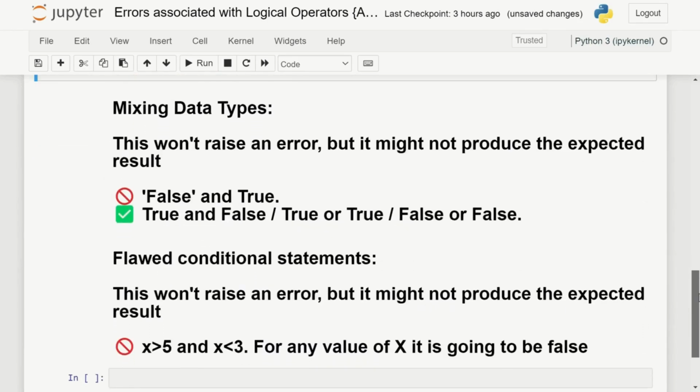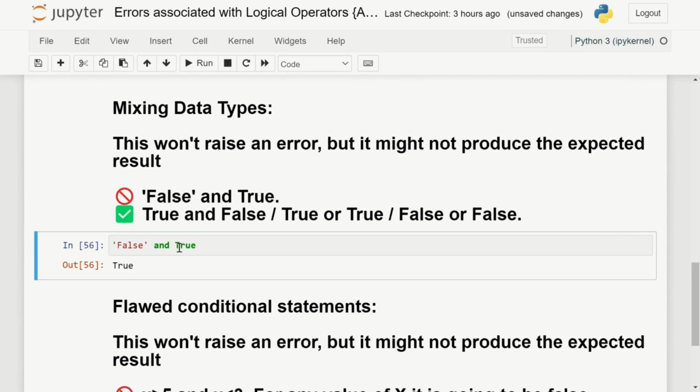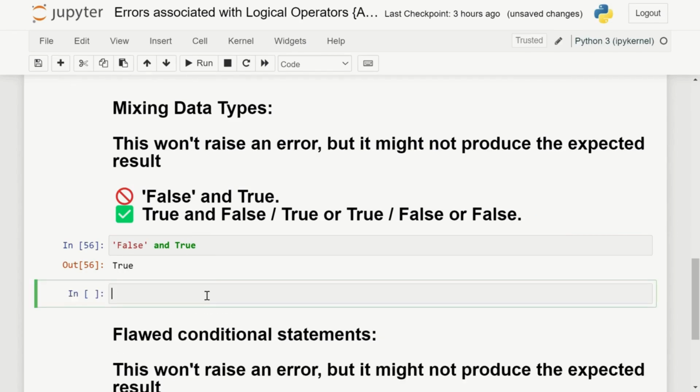Now let's move to the second point, mixing of data types. This won't raise an error but might not produce the expected result. Logical operators only work with Boolean values. If you use strings or numbers, it might not produce expected result. I'm using false as a string and true. So you can see here it is giving true, but if both were Boolean values,